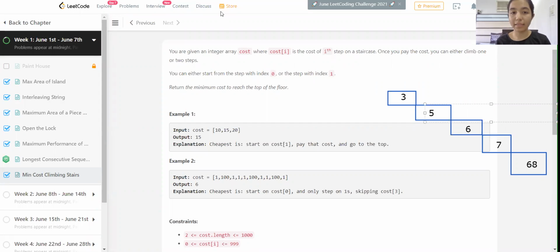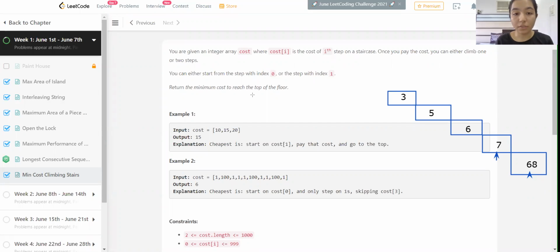So as we saw, we can start from the first location or the second location, that is the 0th index or the first index. So if we start from the 0th index, our cost would be 68. And if we start from the first index, our cost would be 7, because we have to keep adding the cost as and when we move up.